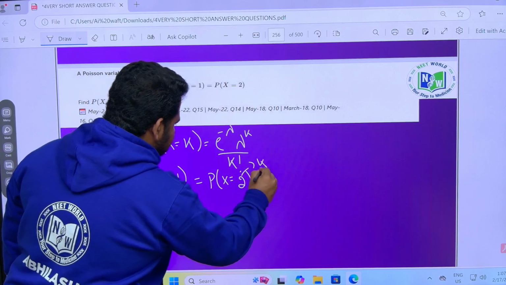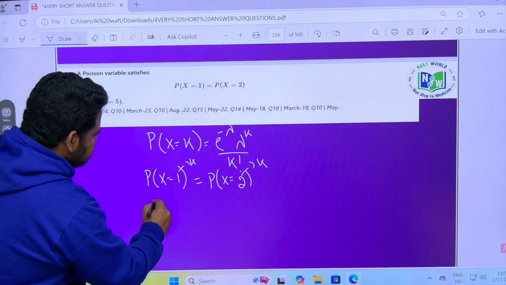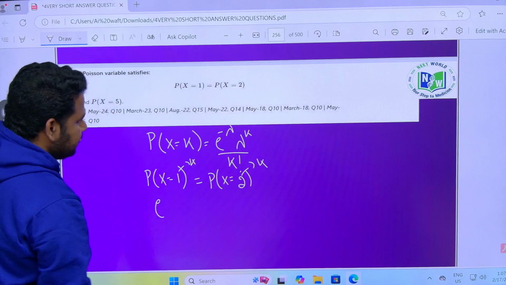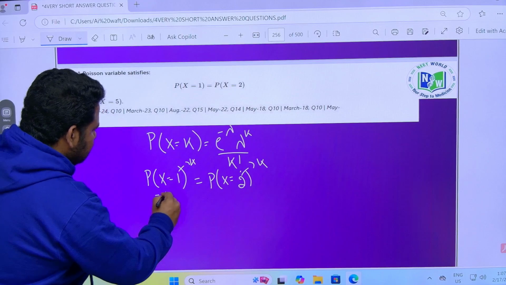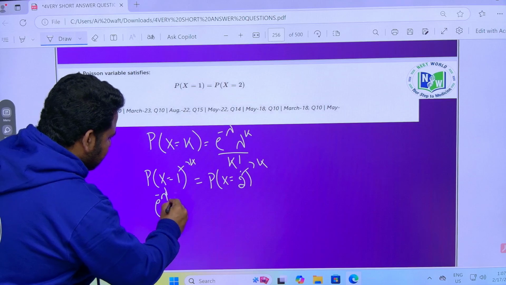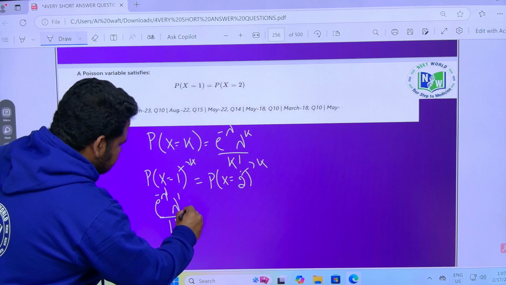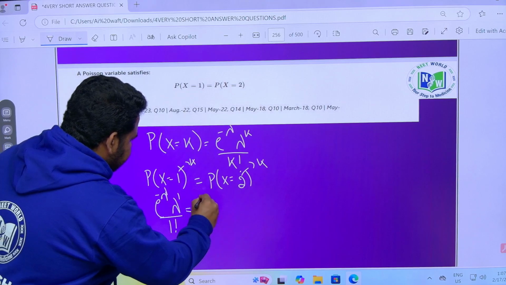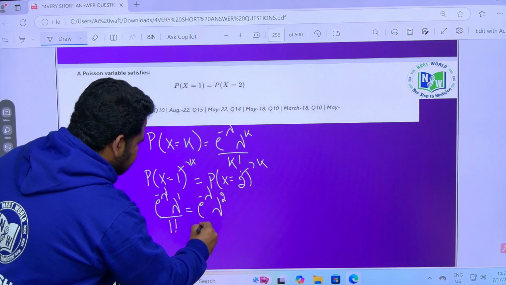Now let us substitute the values using this formula: e power minus lambda into lambda to the power of 1 divided by 1 factorial is equal to e power minus lambda into lambda to the power of 2 divided by 2